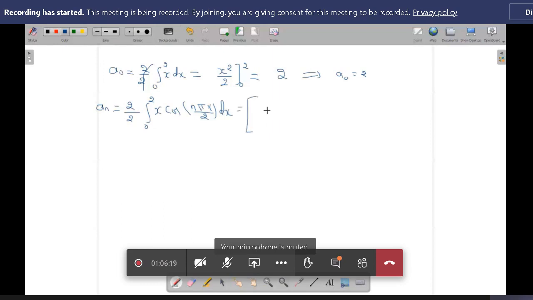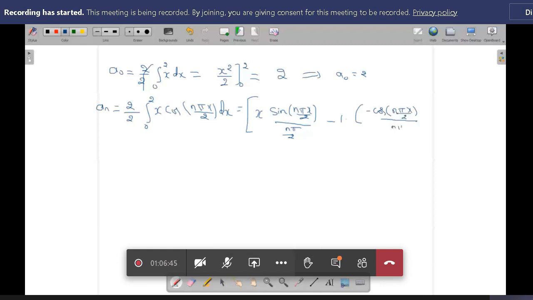Now Leibniz rule or by parts rule we can apply. First function into integration of cos is sine n pi x by 2 whole divided by n pi by 2, minus derivative of x is 1 into integration of sine is minus cos n pi x by 2 whole divided by n pi by 2, into n pi by 2 becomes n pi by 2 whole square, limits from 0 to